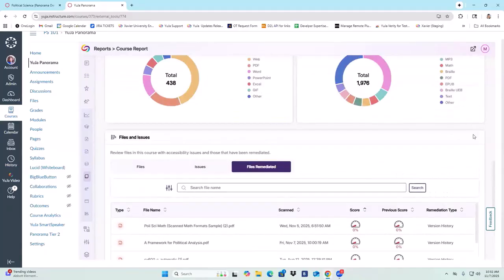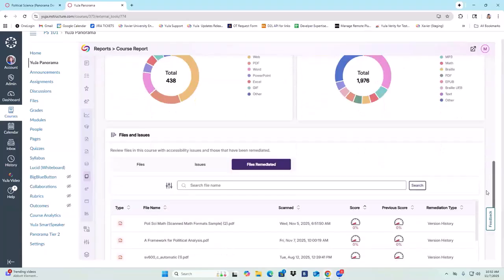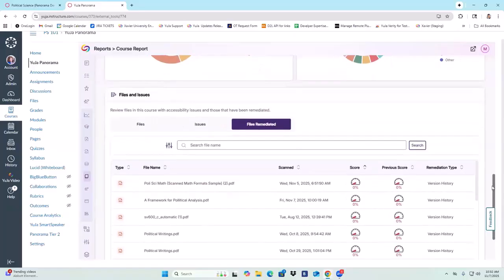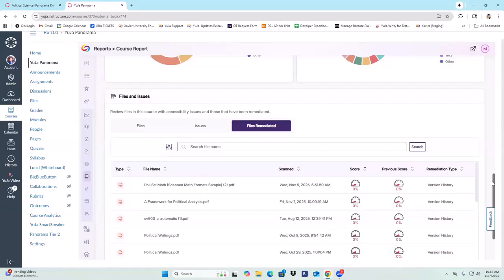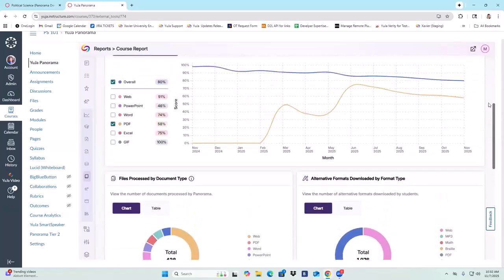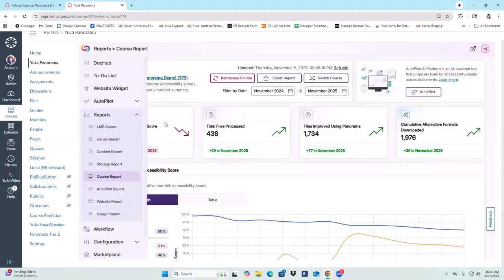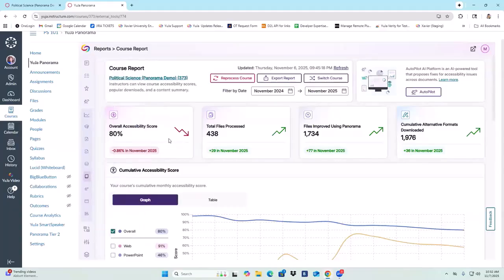Okay, so one of the things that I have recommended for my other clients is to maybe start working on the documents that have the lowest accessibility. Typically, those have severe major items, and just make your way through. And typically, once you work on those documents, your score will be a lot higher once you remediate them.